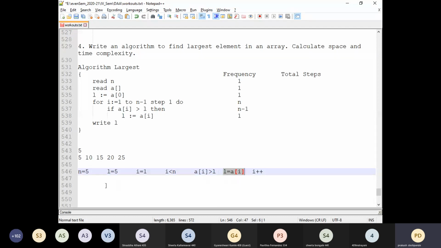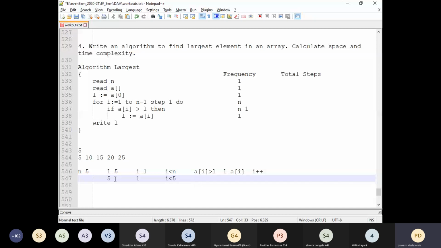Otherwise, it will skip. Now, the initial value of n is 5, so the L value is also 5 now. I equals 1. Is 1 less than 5? Yes, the condition is true.